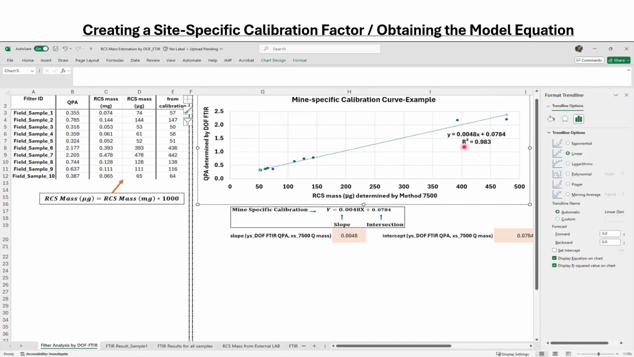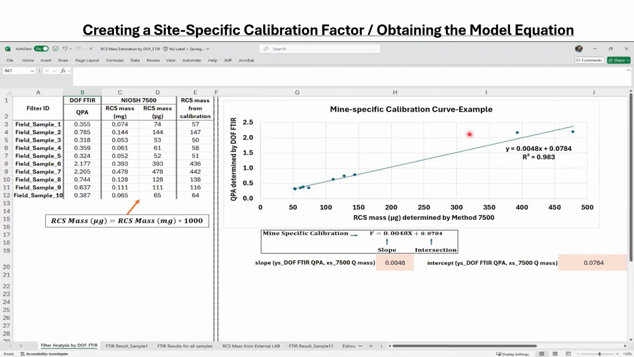Once you generate the trend line and obtain the equation, this becomes your calibration factor. You can use this model in your future analysis results without sending every filter for laboratory validation. The model equation actually consists of slope and intercept, and this coefficient of x is the slope, and the second part of the equation is the intercept. And for ease of use, you can find the slope of the curve and intercept values in separate cells to use them in your